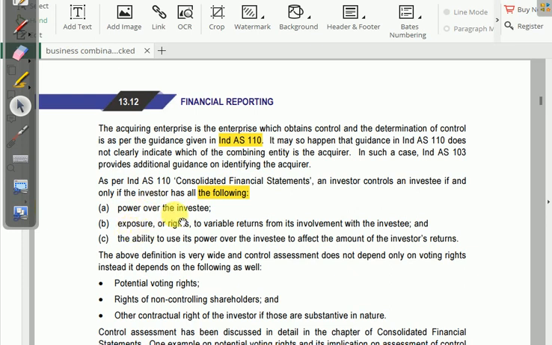Power over the investee. आप जिस कंपनी को खरीद रहे हैं उसके ऊपर आपका क्या पावर चलता है. अब पावर कैसे चलता है, वो आप अलग अलग तरीके से पावर चला सकते हो. Exposure and rights to variable return from its involvement with the investee. अगर आप किसी कंपनी को खरीद रहे हो या किसी कंपनी में 50% से ज़्यादा शेयर खरीद रहे हो या